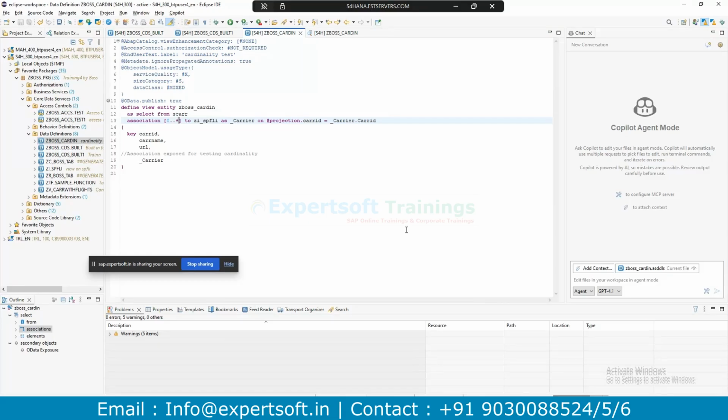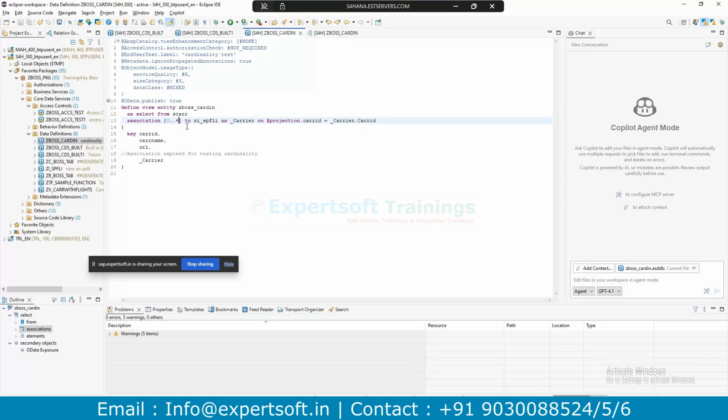Got it. If you mention 0 to star, it is the safer side. Even if you have multiple records, it is the safer side. But if you mention one record but it expects multiple records, then you have an issue, because in the gateway client it shows a bad request.